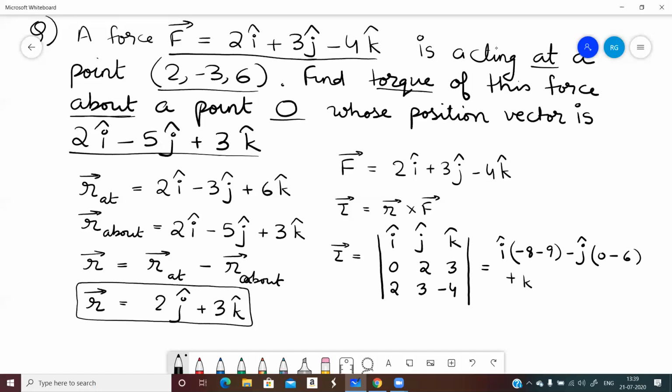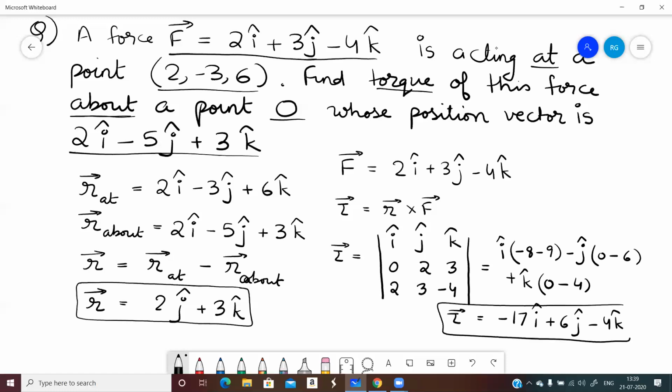Plus k cap: 0 into 3 gives 0, minus 2 twos are 4. So this will give us minus 17i cap plus 6j cap minus 4k cap. And obviously never forget to write the unit, which is